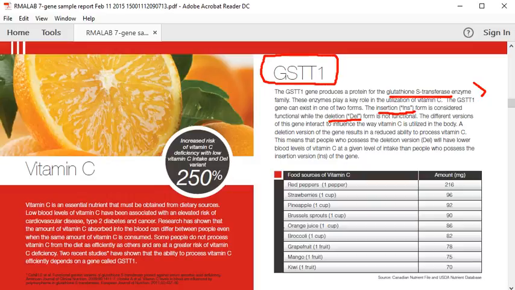So this is telling us that this gene interacts with vitamin C, so that someone who has the variant might need a higher level of vitamin C. And then they give some food sources. So the next page on this